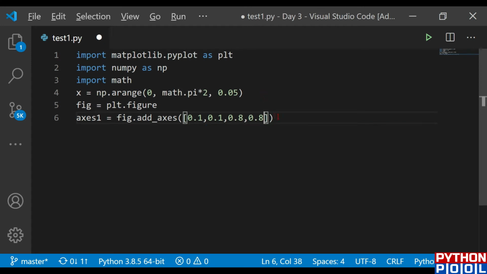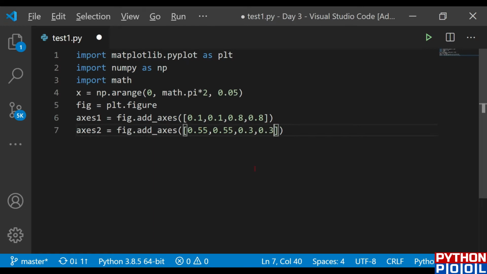And another one, same, I'm just going to copy this, paste it once again, and change the respective fields: 0.55, 0.55 and 0.3. These are the places where I want my axes to be placed.